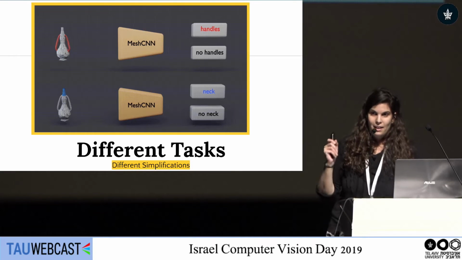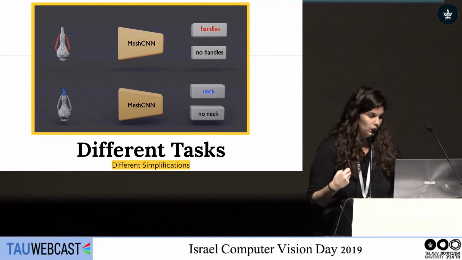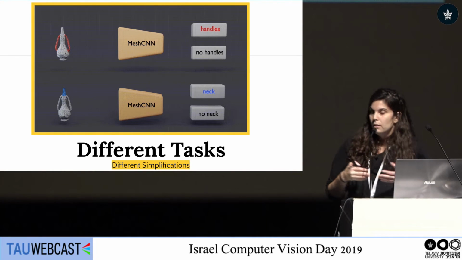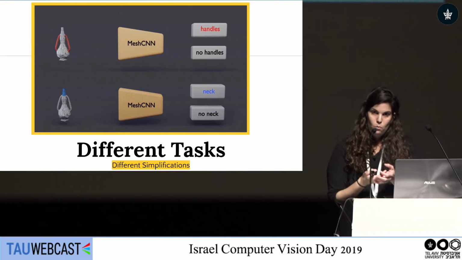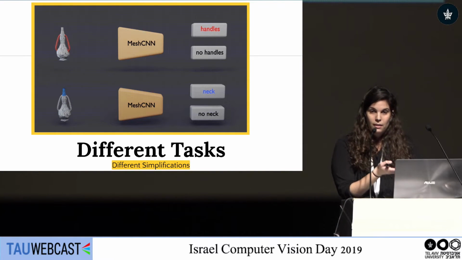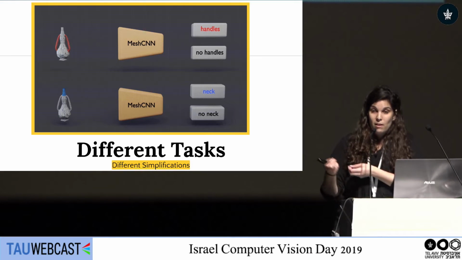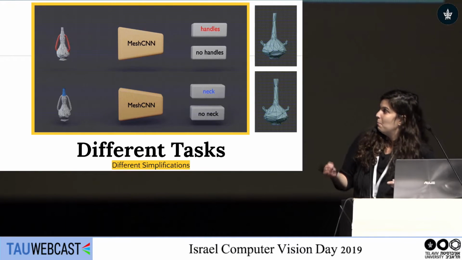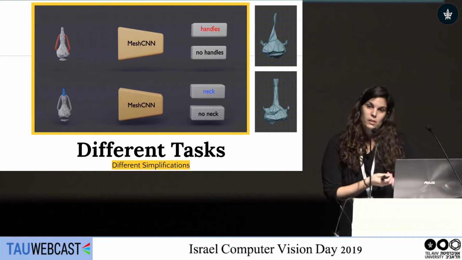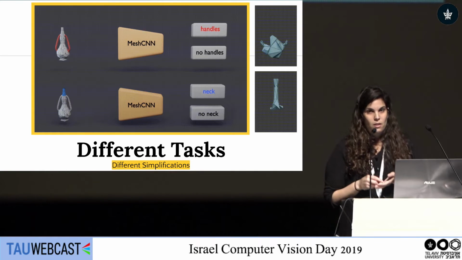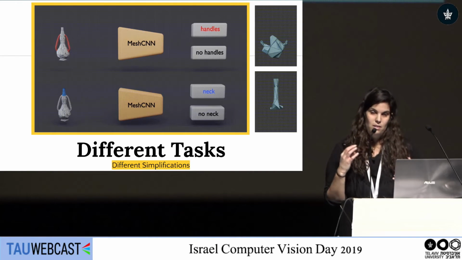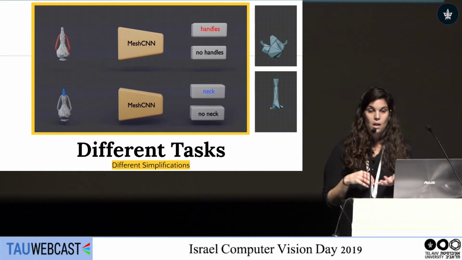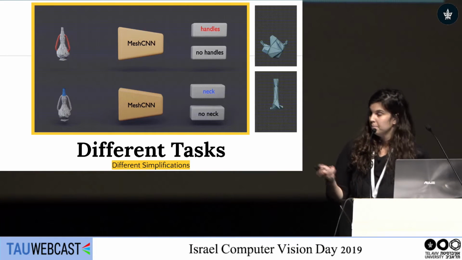Okay, so an aspect that I really like about this work is the property of the mesh pooling operator. If we have a set of vases and we train one MeshCNN network to classify whether vases have handles and another to classify whether it has a neck, the intermediate mesh simplifications will look different because we train the network to focus on different parts of the shape. And so this idea of network interpretability is interesting because we can see what happens under the hood in networks.